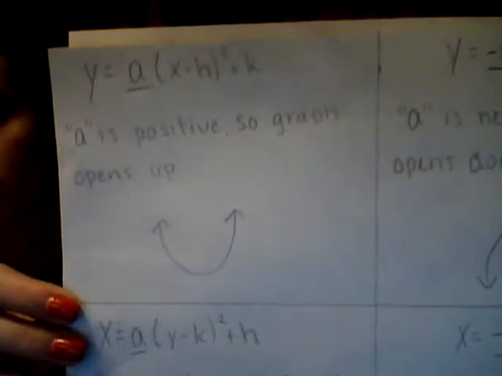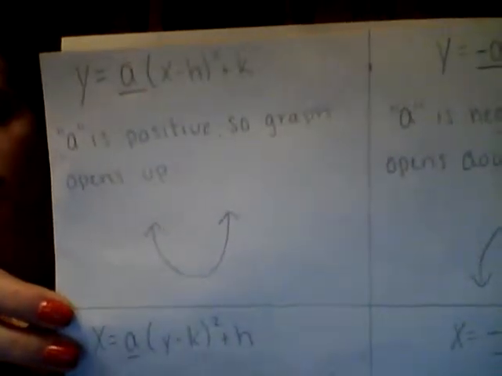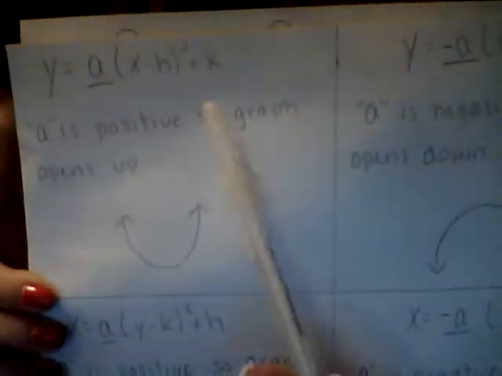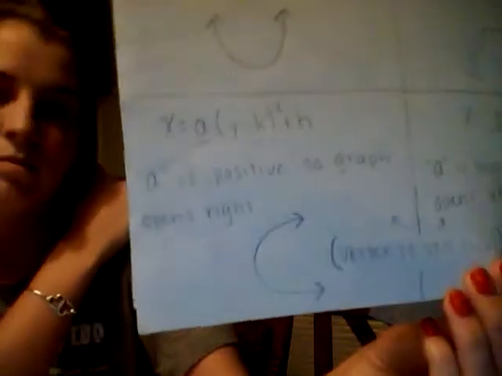the graph can be going up or down in the y equals format. If a is positive, your graph is going to open up, so you can see right there where a is underlined, it's going to be positive. If it's positive, you're going to have a graph that looks like that. And if your a is negative, your graph's going to be going down. So it's pretty simple. And then if it starts off as x equals,